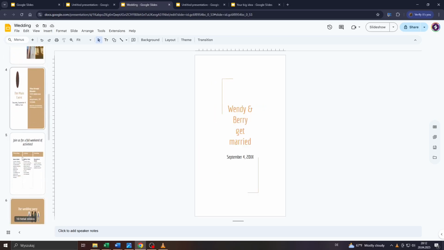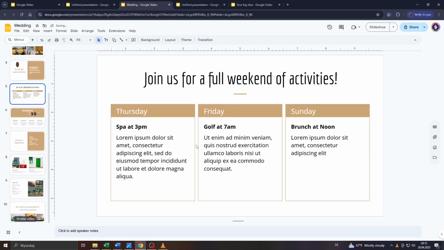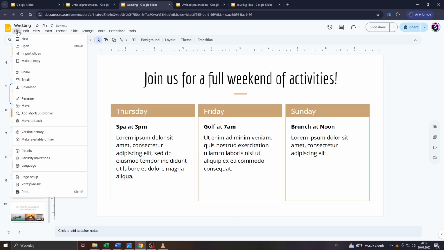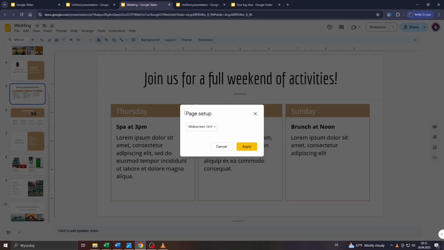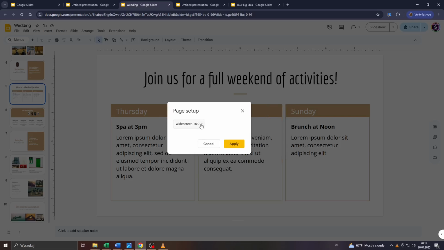So as you can see, guys, it is super simple. What you will need to do is, for example, click on File here in your Google Slide, and after that, select Page Setup from that drop-down menu. And here we'll see the current page setup or resolution or aspect ratio, which is in this case here, widescreen